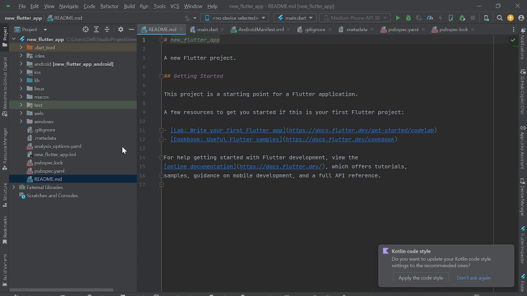So these are some important files and folders which you all have to know before starting with the coding